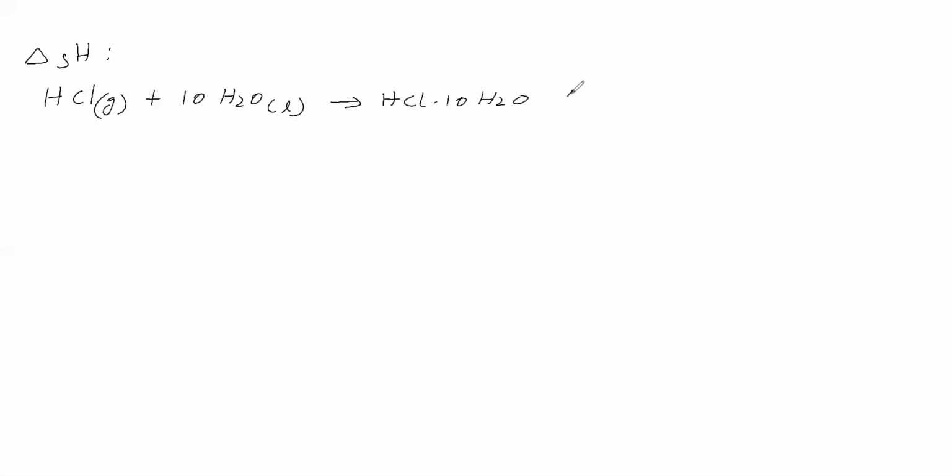Now, enthalpy of this reaction is equal to minus 69.49 kilojoule per mole. Okay. Now, what is the amount of heat involved in this reaction? That is this much. Minus indicates exothermic. That means in this process, so and so amount of heat is liberated. That means 1 mole of HCl gas on dissolving in 10 moles of water, this much amount of heat is liberated. Sir, why this much amount of heat is liberated? That we will see.